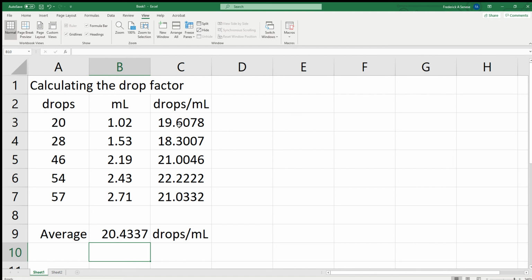But when you've got a lot of data, you can do better than that. Take a look at all the data, all the calculations that you've got here. And if I look here at the tenths place, it's really jumping around from place to place. And if I look at the ones place, that's jumping around too. So really the first uncertain figure is the ones place. So if I was going to report this average to someone, I'd say I'm uncertain in the ones place. So I would report it just like that. A 20 with a decimal point after it would show that I know this average to the nearest drop. It's uncertain in that